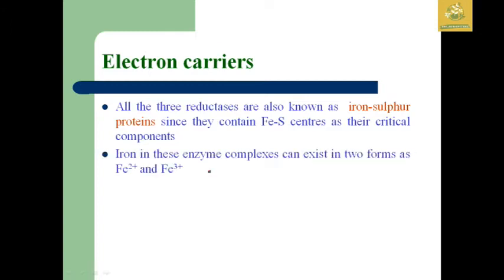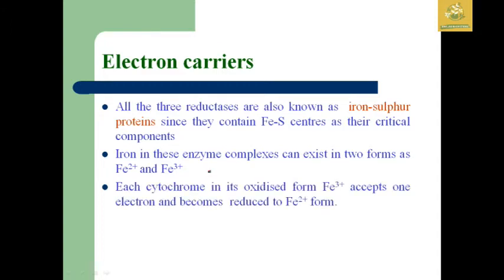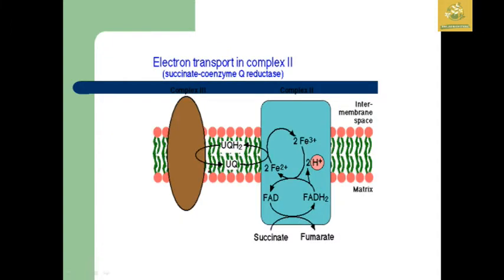They use it to form two existing forms, which are iron 2+ and iron 3+. It's how the electron transfers occur. They use it to reduce the iron 3+ by accepting one electron and become reduced to the iron 2+ form in the electron transport chain, and Fe2+ donates the electron to the next carrier in the sequence of reactions. So it's how the reaction occurs.